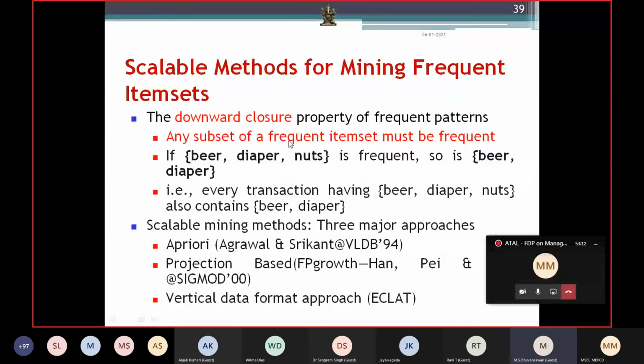So we are going to see the three major approaches for item set mining. One is the a priori based approach, which we call the candidate generation and test approach. Another one is going to be called the projection based approach. Another one is the vertical data format approach. In these approaches, several papers have evolved, so we will see only the basics of it. In these categories, new research is going on. First we will take the a priori approach, then FP growth, then the vertical data format approach.